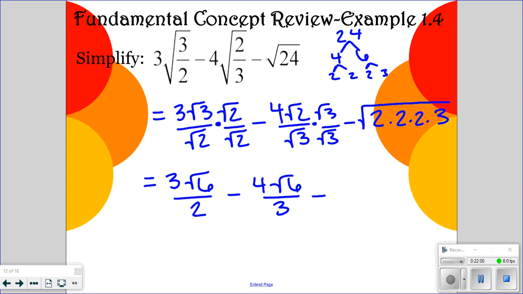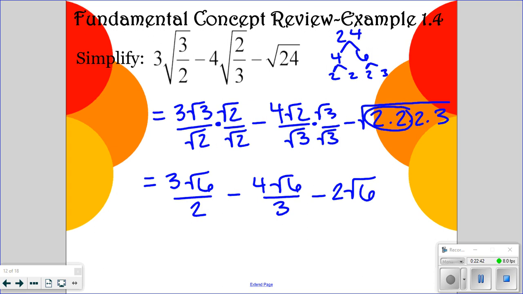And then for this last one, you need a pair of a number to be able to pull it out, because we're dealing with square roots. If we had cube roots, we would need 3 of a number. So square roots, we only need 2. I have 2 2's here, so I take them out and put 1 2 on the outside. And then I'm left with, on the inside, 2 times 3, which is a 6. So I have 2 square roots of 6. So again, you may already know how to go straight from square root of 24 to 2 square roots of 6, but that's how I taught it for Algebra 2, just in case you aren't familiar with how to simplify